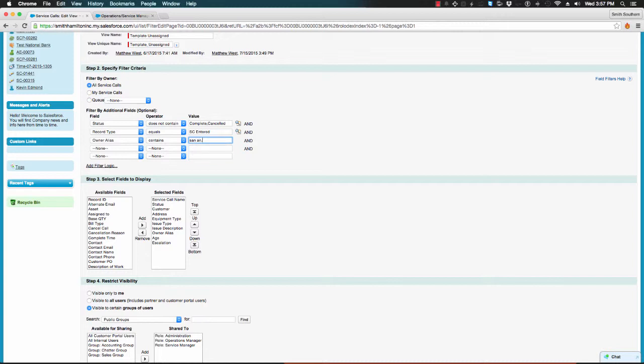I don't need enough for the system to know that that's San Antonio and not San Angelo or something like that. Then I'll put a comma and then I'll put Houston. So in this case, let's just pretend that I'm going to create a list view of San Antonio and Houston